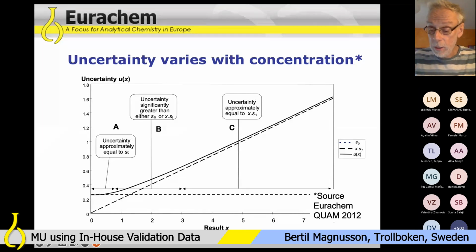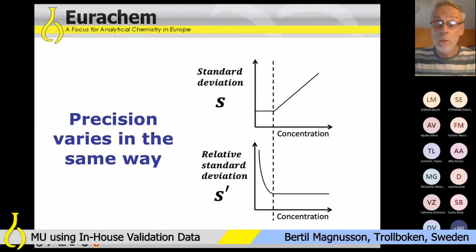Eskil will later go into this in more detail, because this is actually the most important or difficult task when we do measurement uncertainty evaluation, to find this point where it goes from absolute to relative. It could be a good estimate to start with what Ricardo said, 2 LOQ, but for each method it of course varies, dependent on the actual precision in that method. I will continue now to